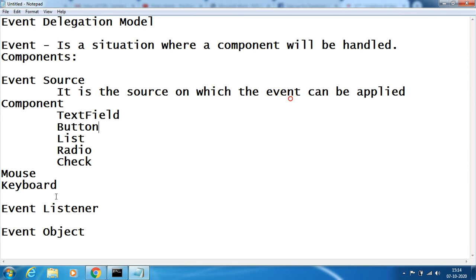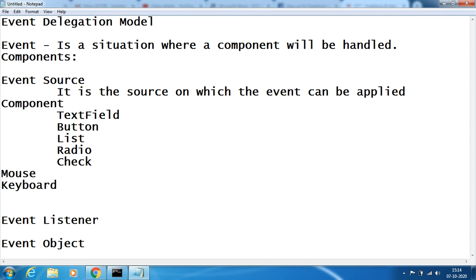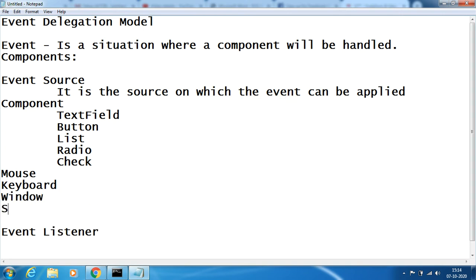So these are different kinds of events. I can even apply them on a window. I can even apply them on a scroll bar, and so on. These are different event sources. Event source is nothing but a source on which the event can be applied and chosen.